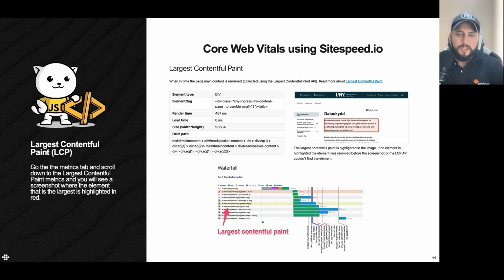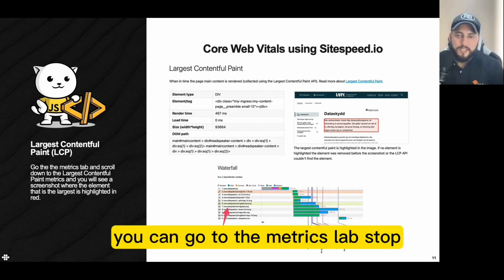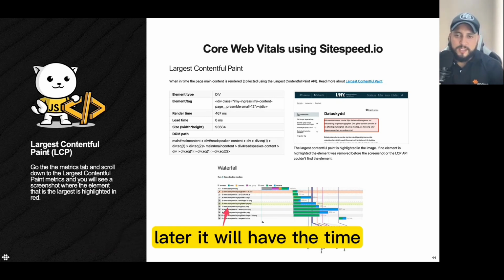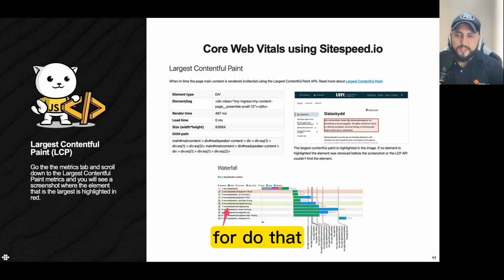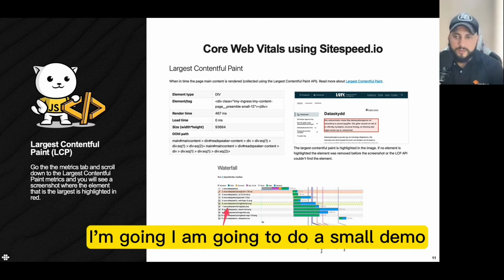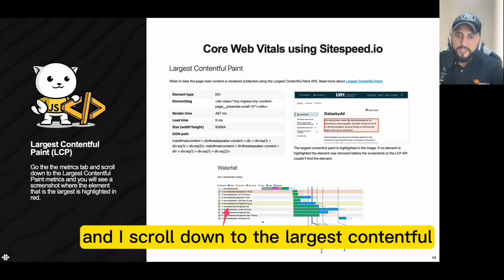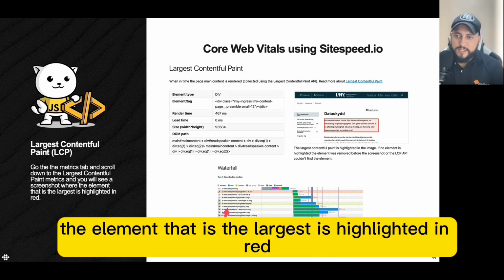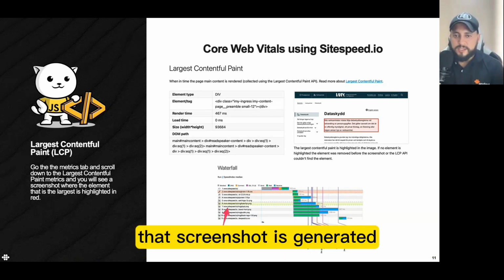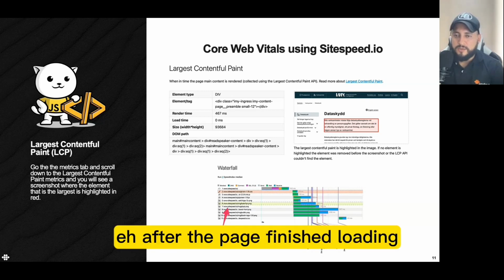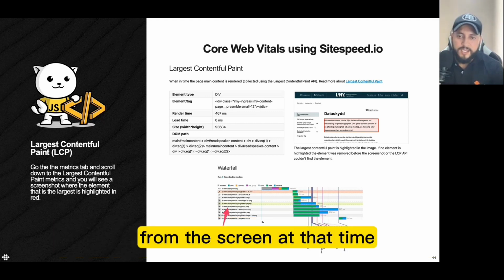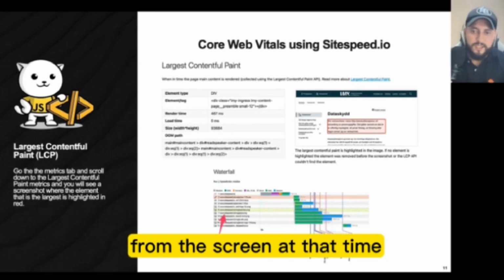In the largest contentful paint, you can go to the metrics tab in the site result report that we are going to check later if we have the time for that. I am going to do a small demo. I scroll down to the largest contentful paint metrics, and you will see a screenshot where the element that is the largest is highlighted in red. That screenshot is generated after the page finished loading. If the largest contentful paint element has been removed from the screen,